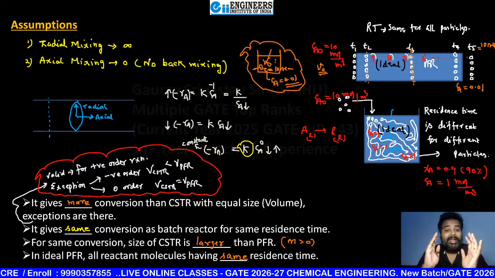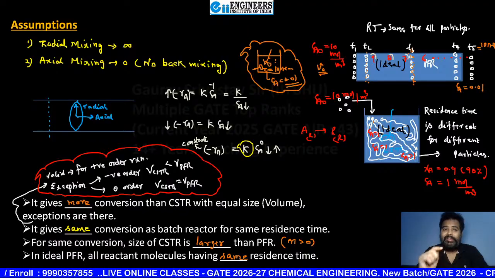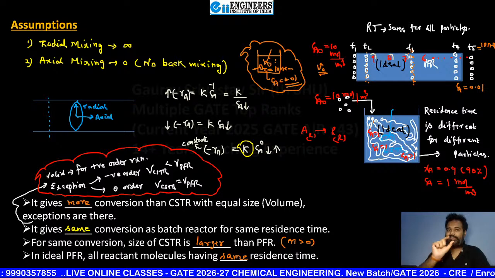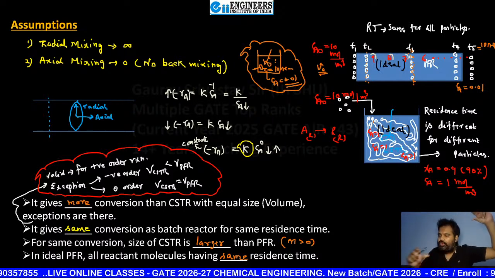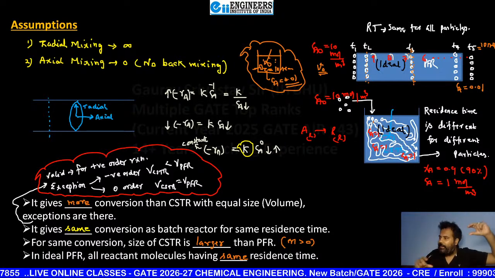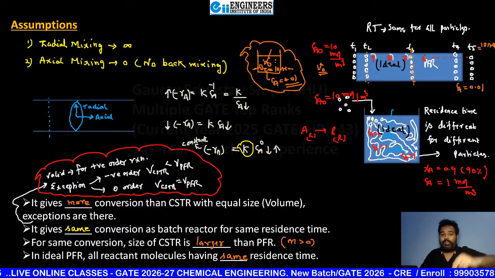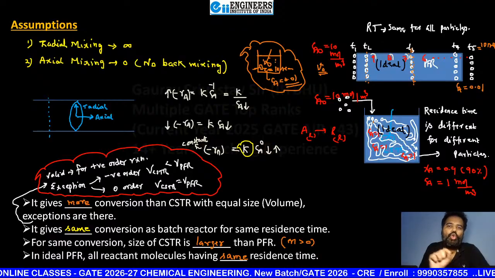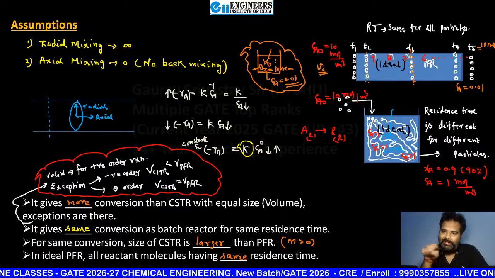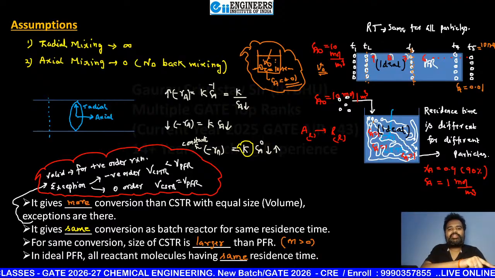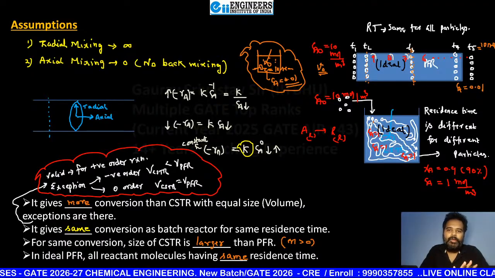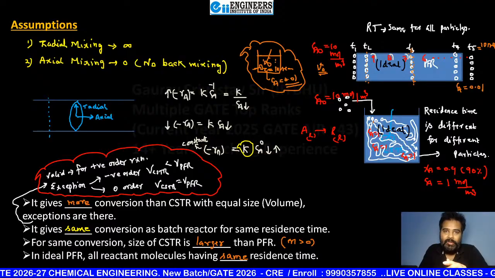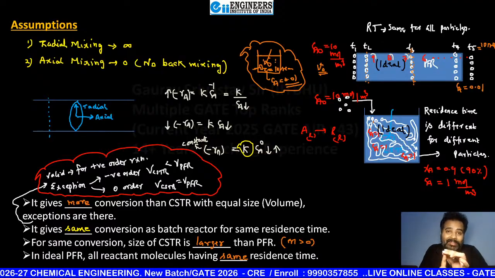That means reactant concentration instantly drops from CA0 at entry to CA at exit. That means the reaction occurs entirely at low CA. RA is equal to KCA, and that CA is the reaction mixture concentration inside the reactor. That's why RA is going to decrease there. That's why for the same volume you will get less conversion in case of